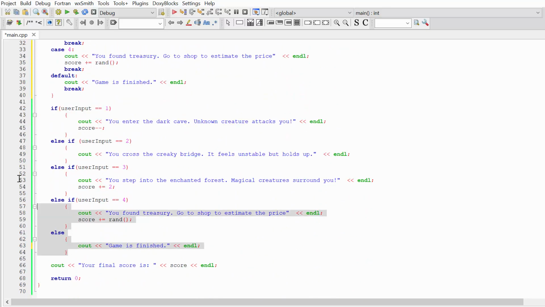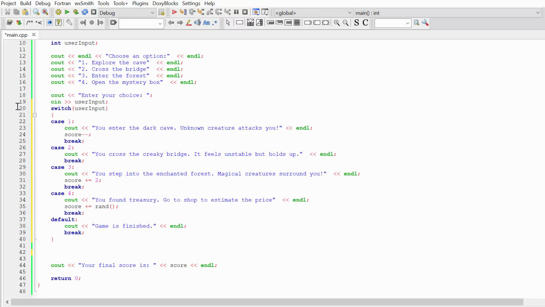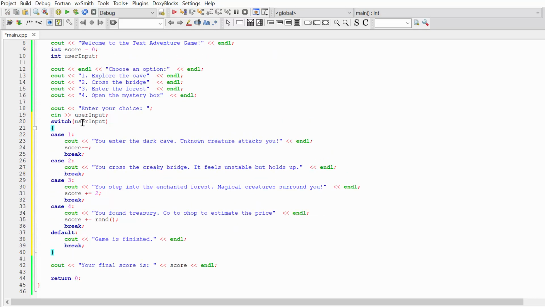Okay, now we can remove this if-else statement and check our switch statement, and you can see that now our code looks much more tidy. So once again, in a switch statement we specify the variable we are going to test for different cases, and for each case we describe the code that will be executed, and also we have a default case.